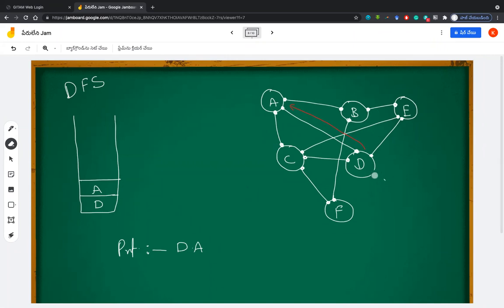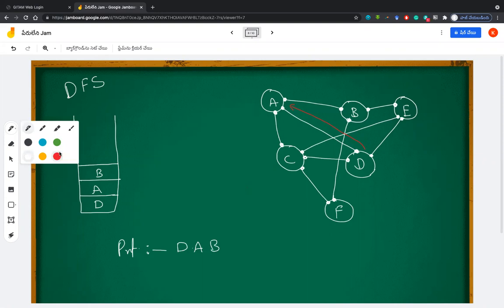Yes, A is connected to C, D, and B. Among C, D, B, I take the lowest alphabet, B. So I will push B inside. See, this time I'm going into the depth. I'm not going through the levels. I take any of the nodes, and now I am at B. Now I will see what nodes I am connected to and choose one. So I will take B, push it into the stack and print it.